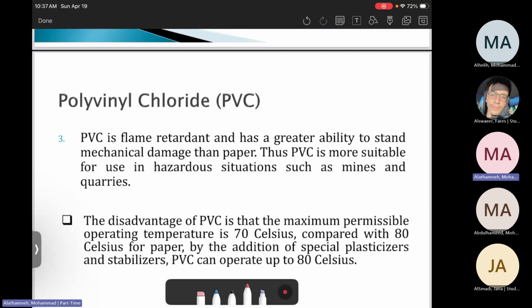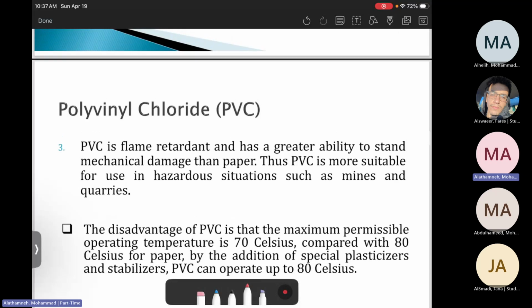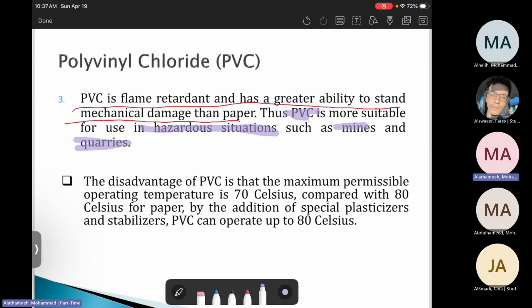Then PVC is flame retardant and has a greater ability to withstand mechanical damage than paper. It can handle more mechanical stress and is again flame retardant. So PVC is more suitable for hazardous situations, such as in mines or quarries. The disadvantage of PVC is that the maximum permissible operating temperature is 70 Celsius compared with 80 Celsius for the